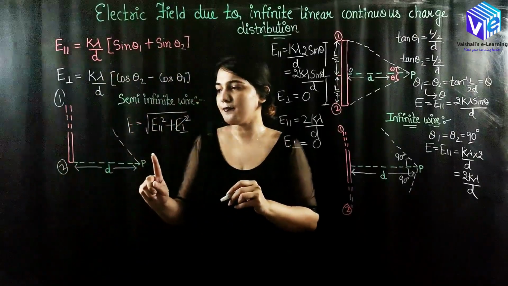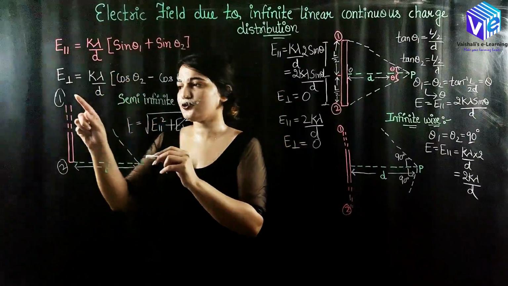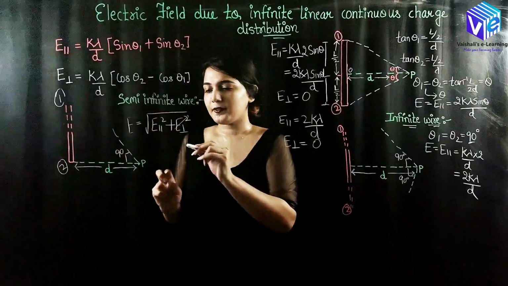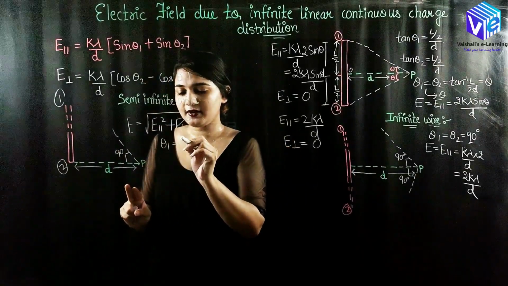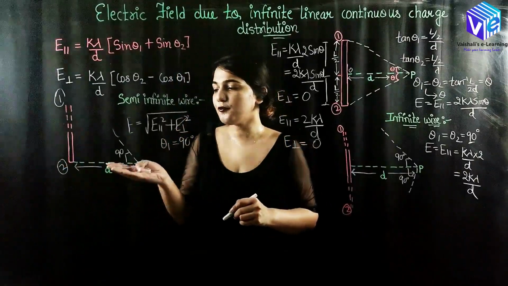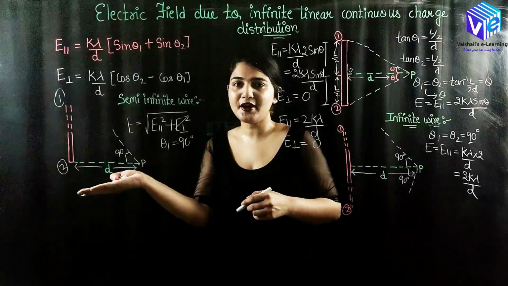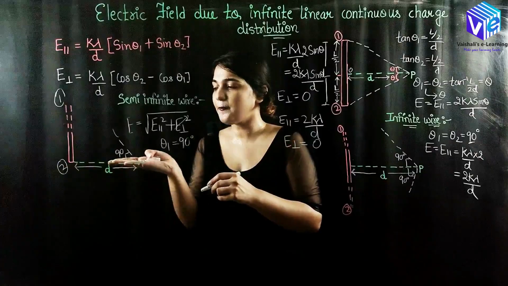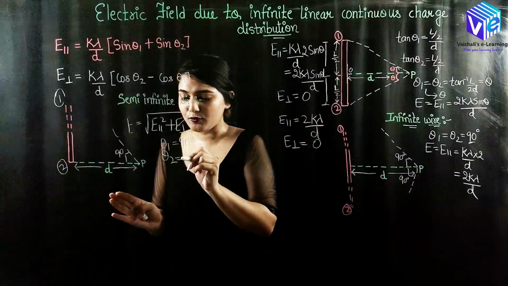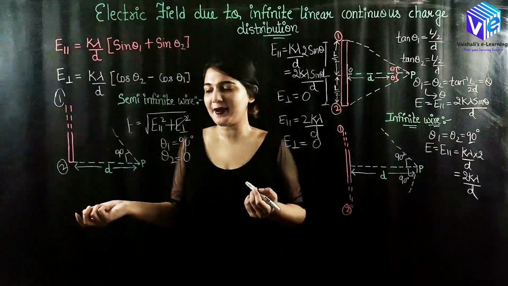If I have to make the angle to the point 1, it is infinite in this direction. So the angle made by point 1 is 90 degree with P. So I can say theta 1 is equal to 90 degree. Now coming to the point 2. The point 2 is on the axis itself. Do I have to go anywhere? No. Here I see the point 2 on this axis. So I can say theta 2 is equal to 0. Now again we have to find out E parallel and E perpendicular.